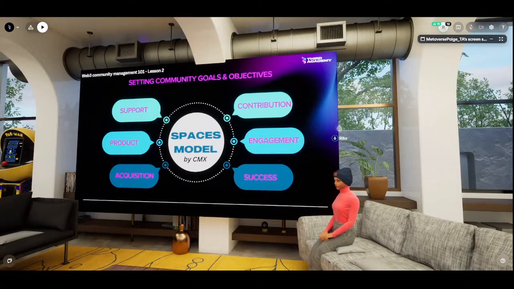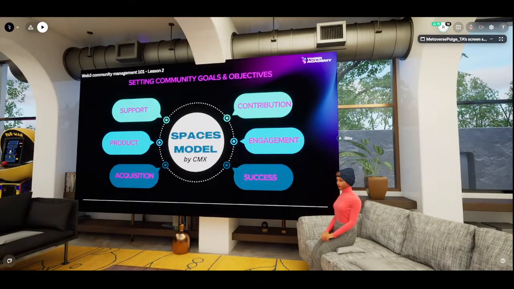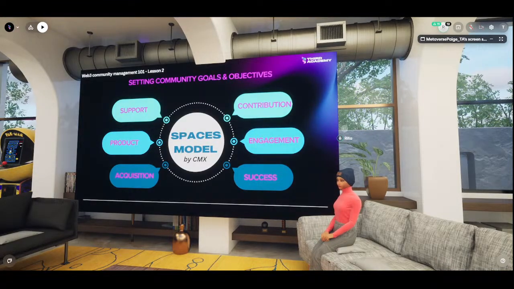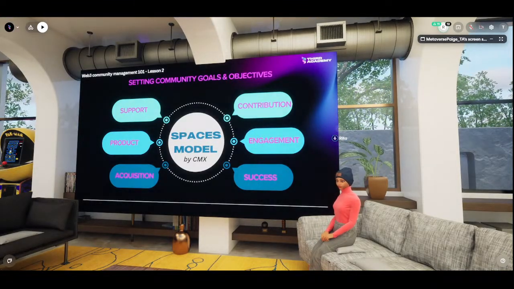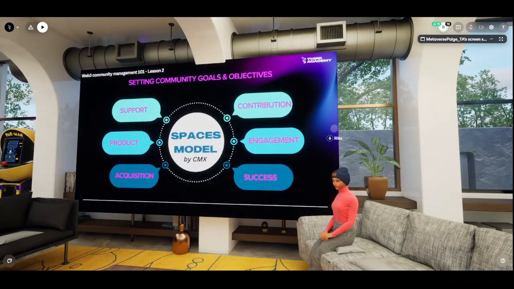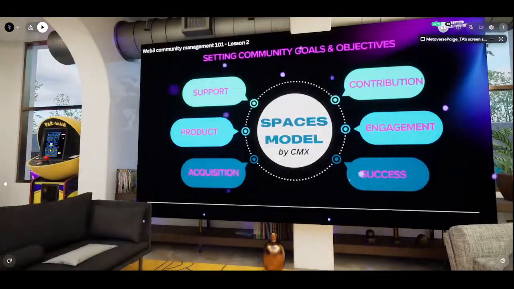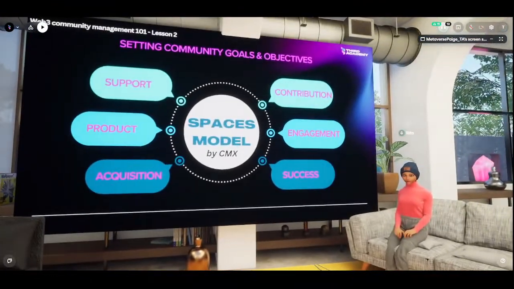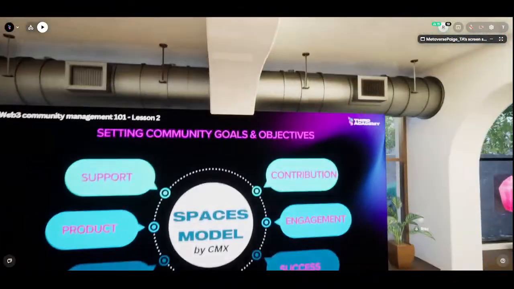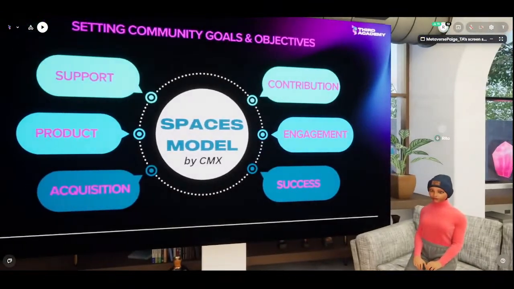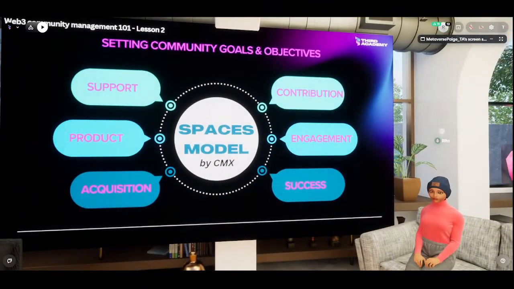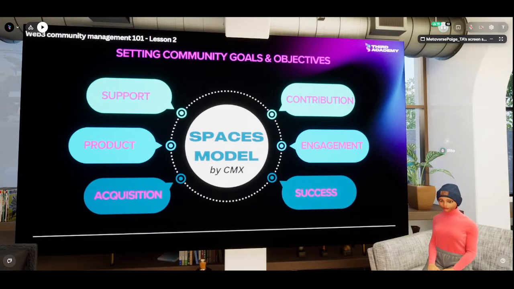So do you want to create a community for support, right? In this kind of community, you're organizing your members to answer questions for each other, to improve, in this case, customer satisfaction. So is that the kind of community you want to create? And the metrics that you would use to measure the impact of this community would be, okay, how many members are asking questions versus how many members are answering these questions, the number of active users. You want to measure your engagement rate, likes, reactions, comments, right?